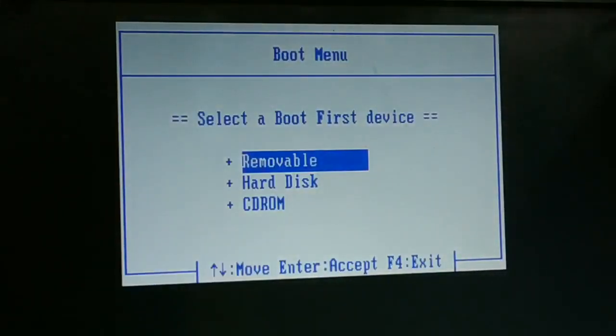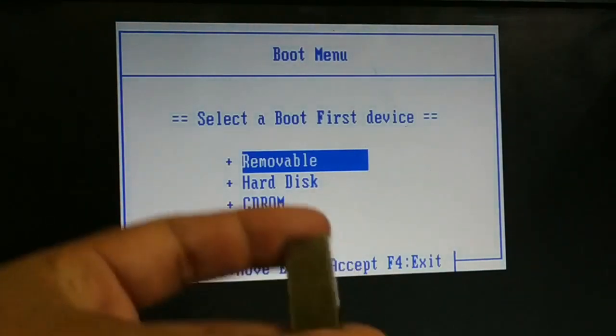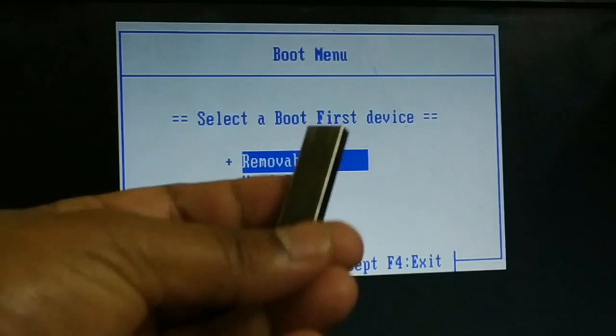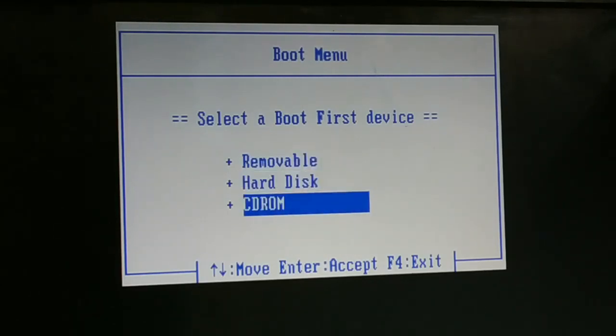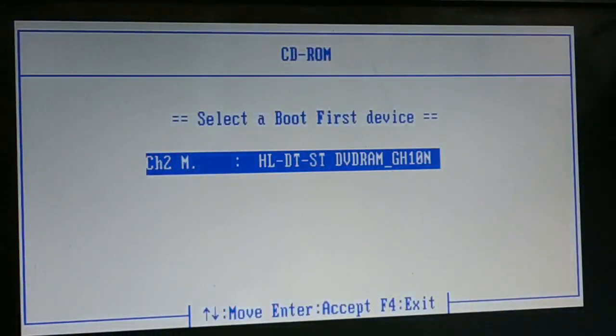So finally, get another clean bootable DVD, or if you have a bootable USB flash drive, insert it into your computer. You can use your flash drive in the USB port, or you can use your DVD if you have a DVD-ROM. So press the Escape key or F12 key to get the boot menu or the boot device. You get the boot option. And finally, right now I'm just going to boot from the new CD. So select the CD or the DVD. You can see, you can select it,